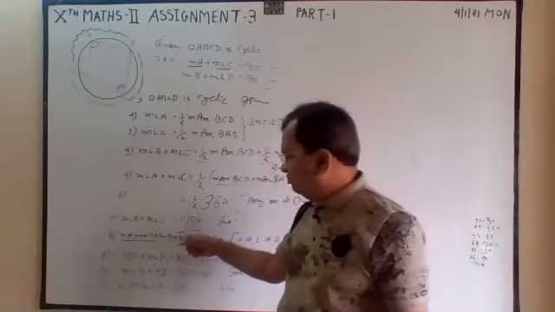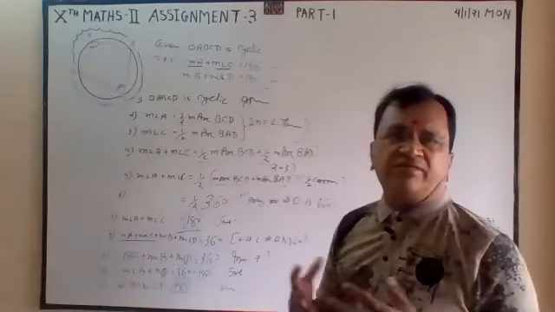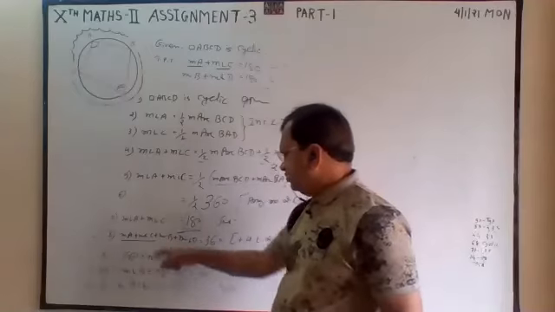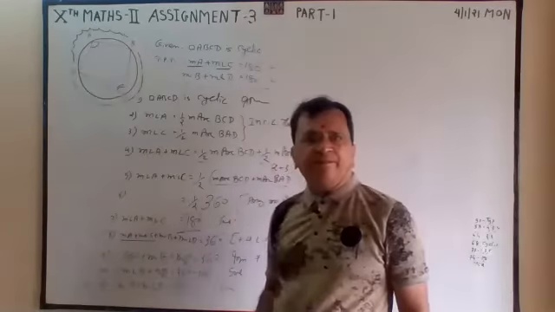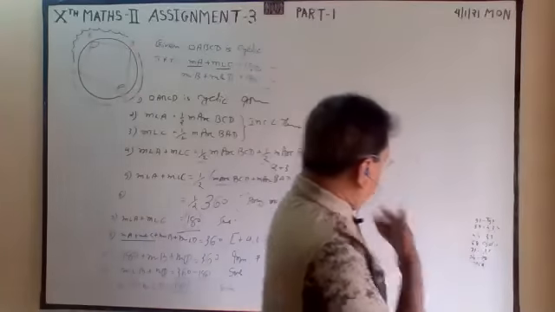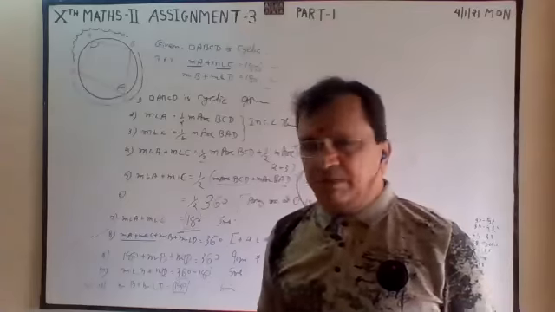Sum of 2 is 180, you have proved. A plus B plus C plus D is equal to 360. Sum of 4 angles of a quadrilateral is 360. Substitute. Rest of 2, just jump. It is 360 minus 180. Rest we will continue in part 2.